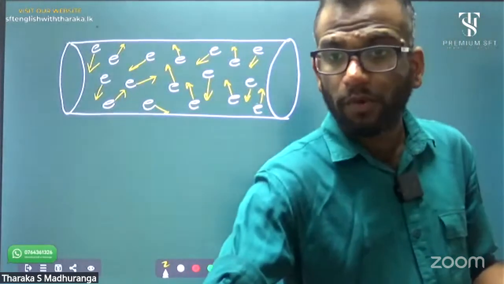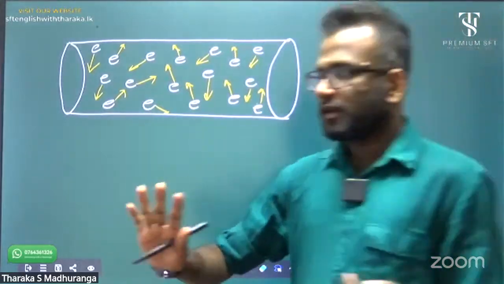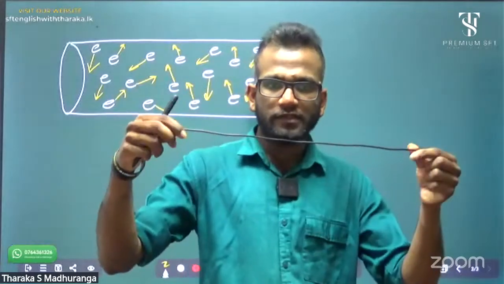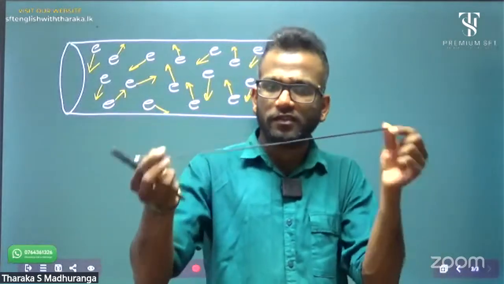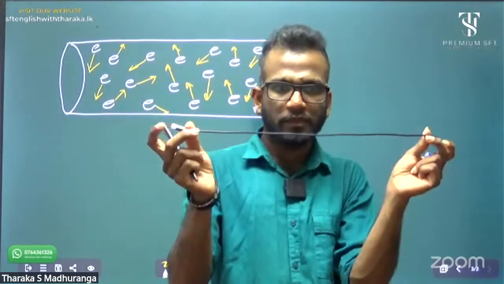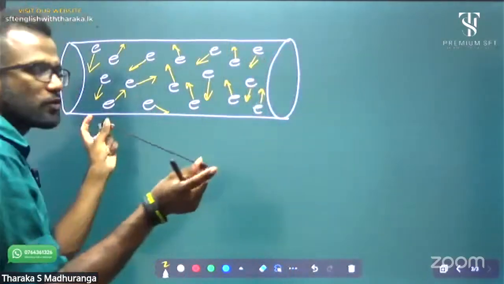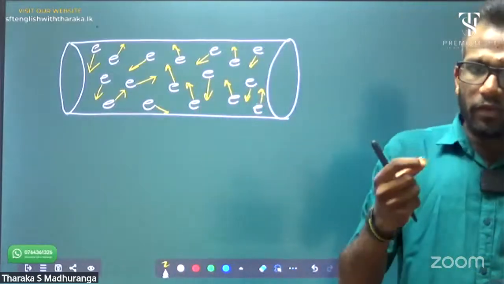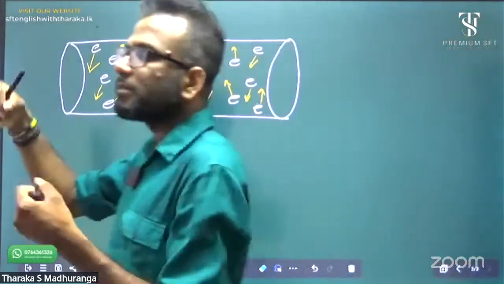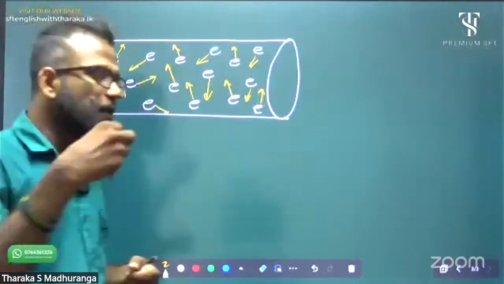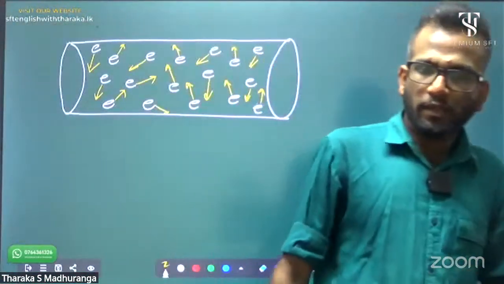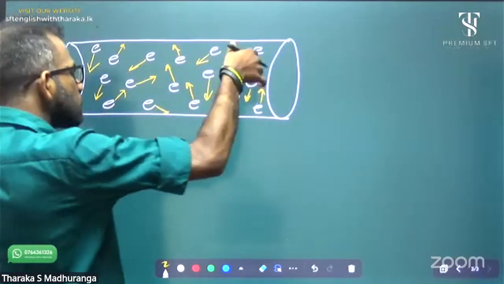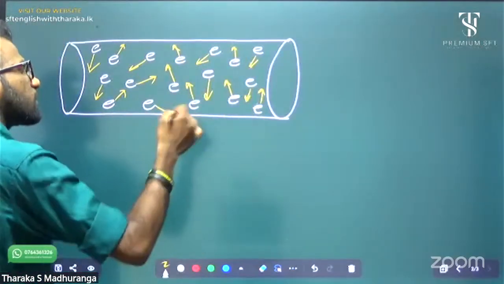If there is no potential difference, meaning in a normal conductor like this there is the same potential value on both sides, free electrons are freely moving, randomly moving, with no specific direction for moving. But if this conductor, if this wire, if I connected it to a